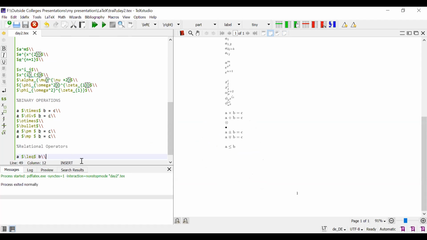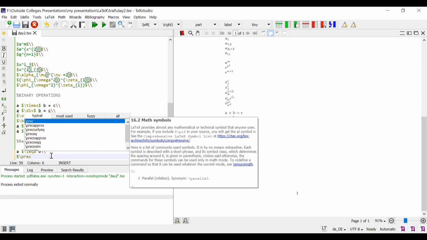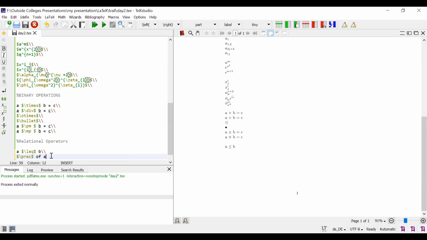That's it. Suppose you want to type the predecessor of A. Ampersand dollar symbol, \prec, predecessor of A. See this. Likewise, you can get the successor.